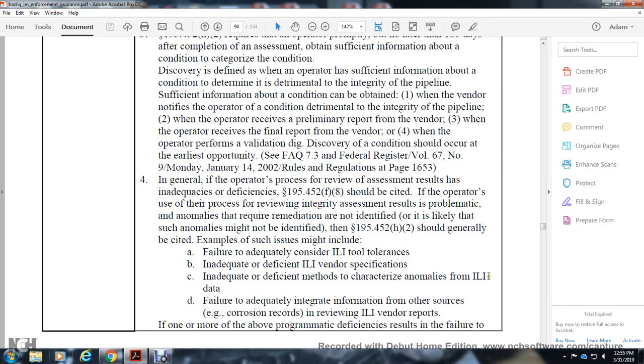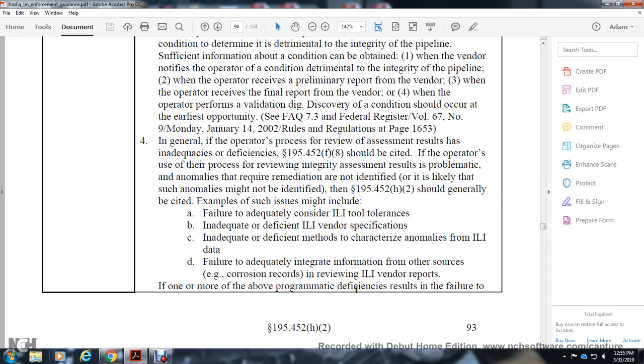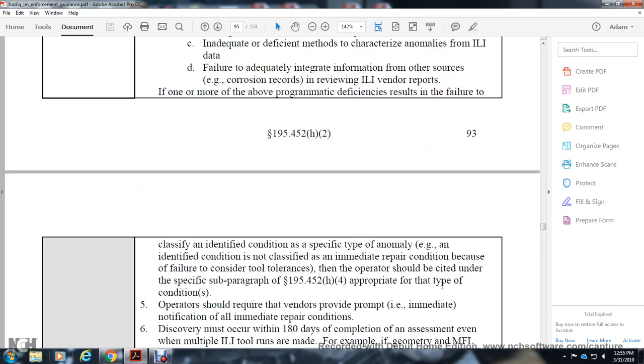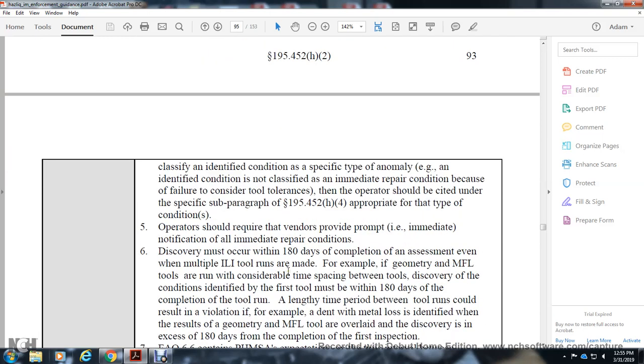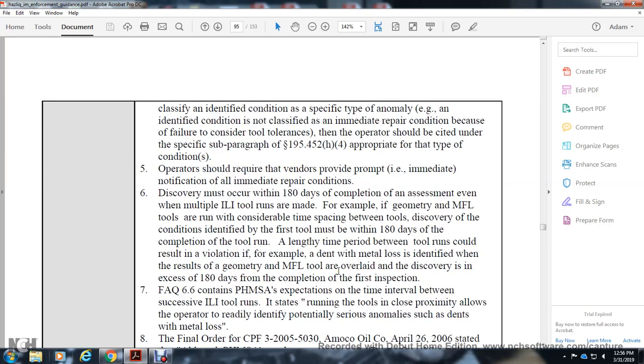inadequate deficiency in the method of categorizing anomalies, ILI data, failure of adequate integrity information, and so forth, with the corrosion record. The ILI vendors, one or more of the above problematic deficiencies, result in failure to classify the indication code of the specific type of anomaly and identify the condition of the not classified immediate repair condition because of the failure of the conservative tolerance tool. The operator should be decided by the specified subparagraph 195.452(h) over the appropriate type of the condition. 5, operators should require the vendor to provide prompt immediate notification of the immediate repair condition. 6, the condition discovered must go through the review within 100 days of the completion of the assessment, with the most